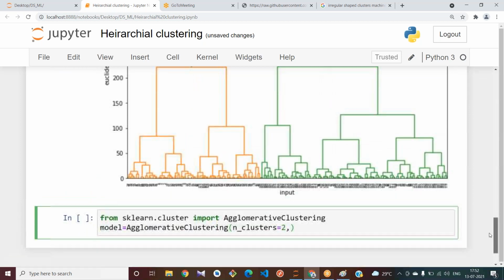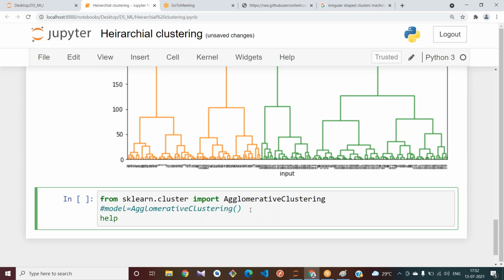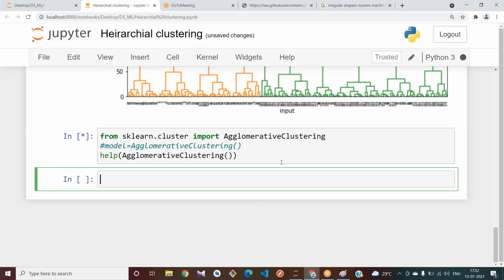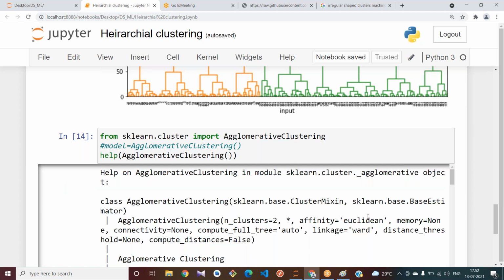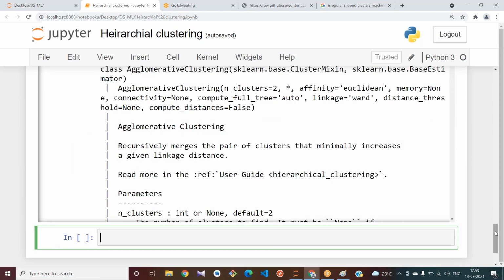We should provide the distance on which basis you are trying to work. First let me show you what attributes we have. Help of. Here we have memory, connectivity, affinity, compute, linkage.